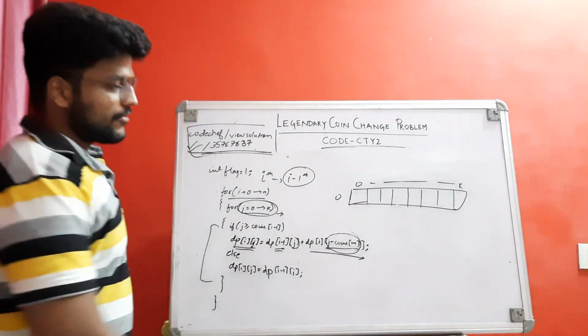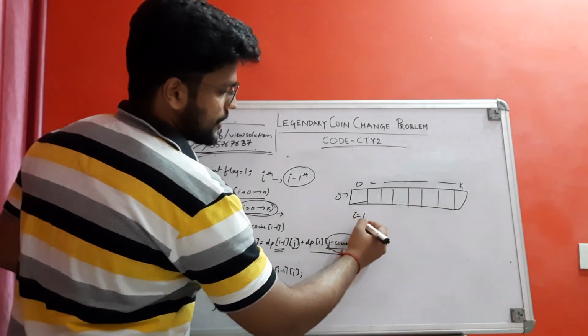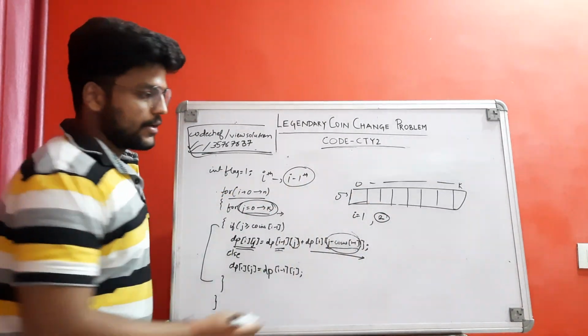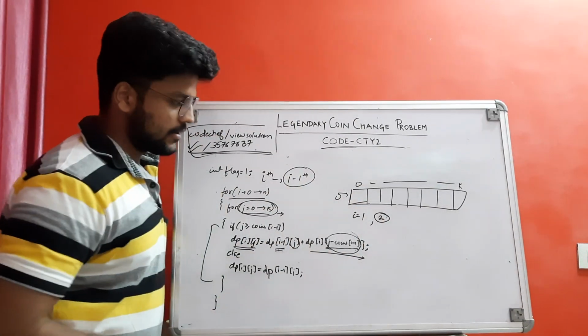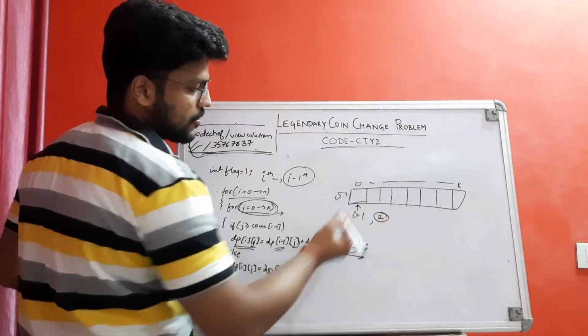Let's say you have filled this array in I is equals to 1. Okay, so now I is equals to 2. When I is equals to 2, you have to fill this array again. So what you will do, you will start filling this from this. Okay, start,